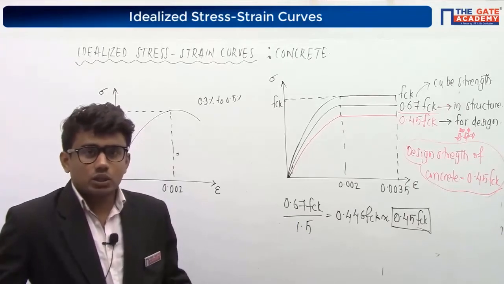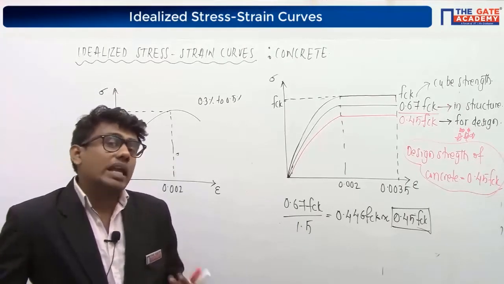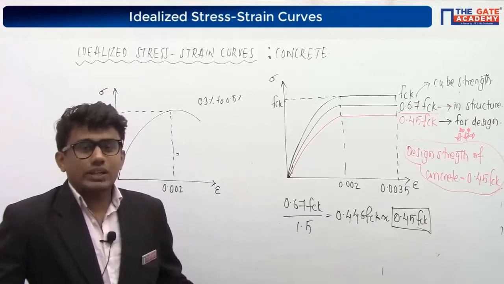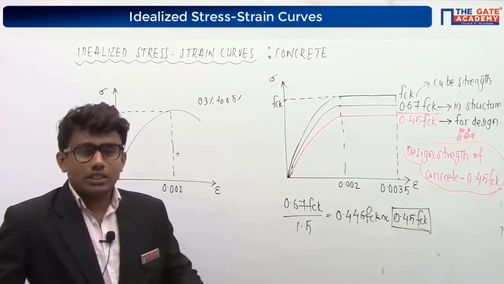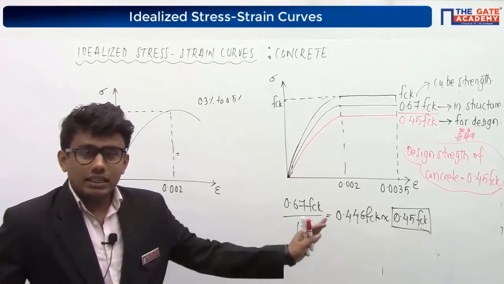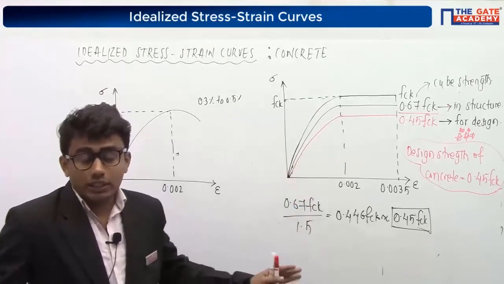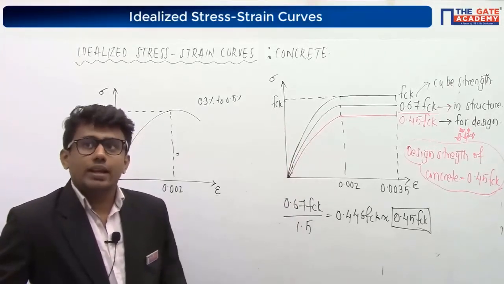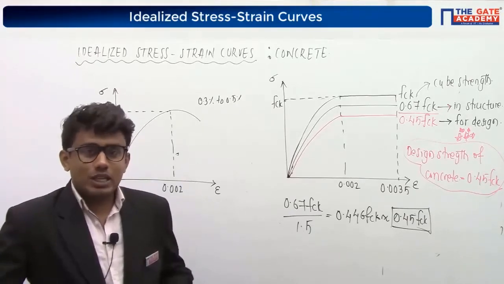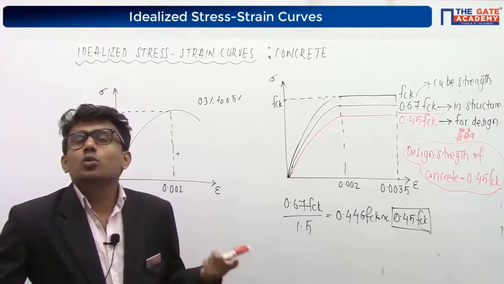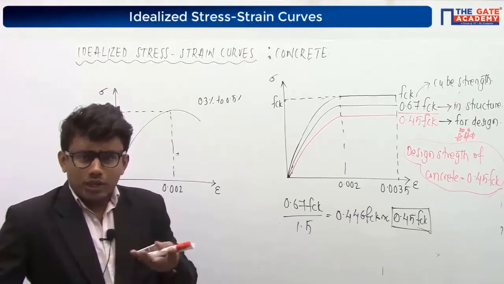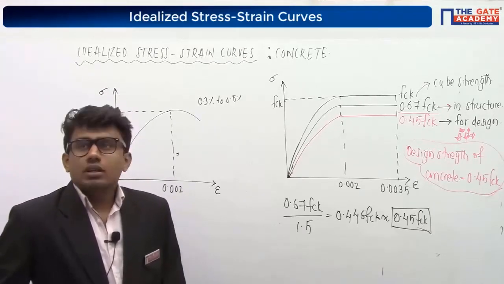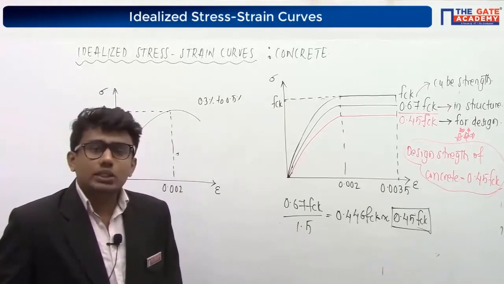That is 0.0035. That means we are assuming that the failure will occur at the strain value 0.0035. Ritu, to make the calculation simpler, to make the design simpler, to make the procedure simpler, we are assuming it as uniform till the strain value 0.0035. Actually, our engineering subjects are based on many assumptions. In geotech, strength of materials, and fluid mechanics also, we have many assumptions to make the study simpler. Saksham, yes, maximum strain is considered as 0.0035 in flexure.